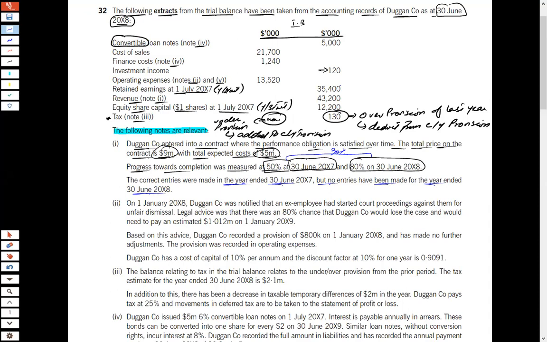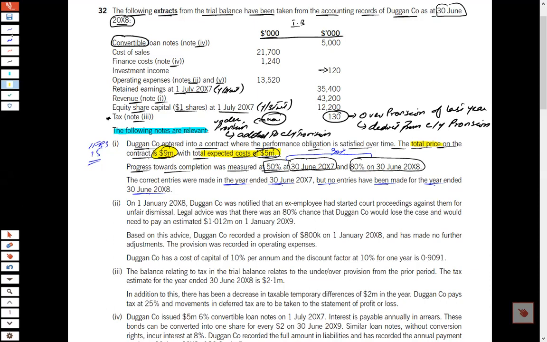It means we have to record this year's entries, and this note pertains to IFRS 15 revenue from contract with customer. I repeat the things. You can see the total price we offered is 9 million and total expected costs are 5 million. Overall, it's a profitable contract, with a profit of 4 million, and this 4 million profit would be allocated to the time period of the contract. Let's say we have to complete this contract in 4 years, so we would be recording profit year on year.